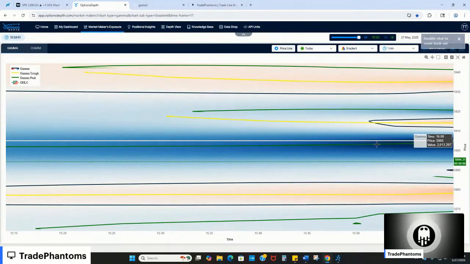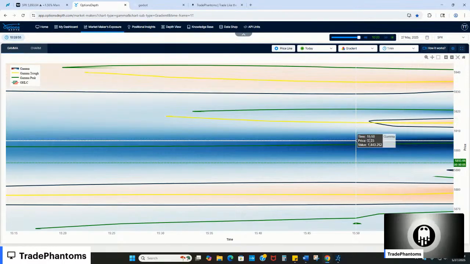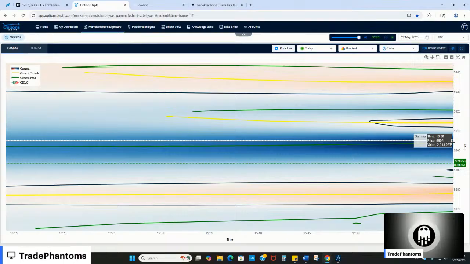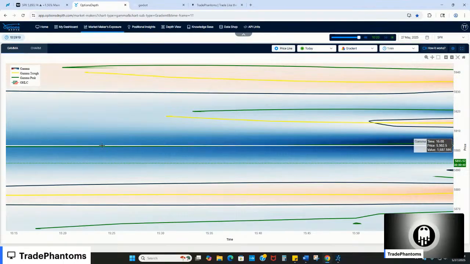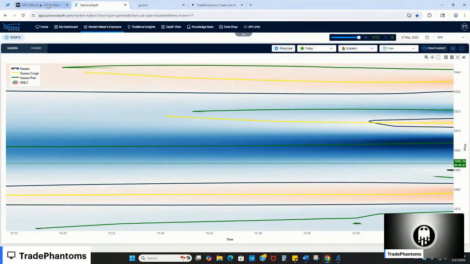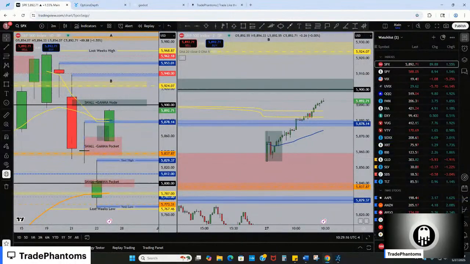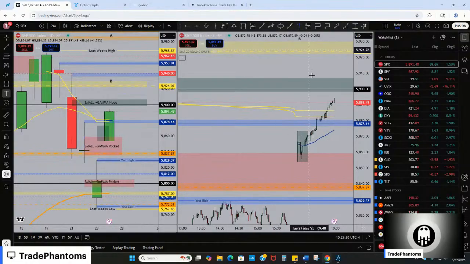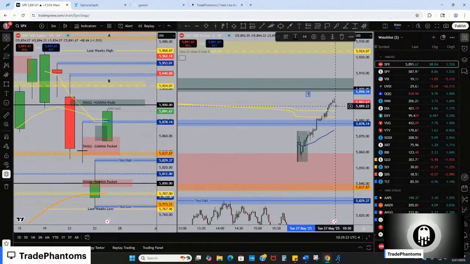Okay. So work longs. But if and when SPX gets up to this 5,900, 5,905 price point, be very careful with longs. Now we could still break this level, but there's going to be potentially some kind of pullback, at least off this level. At 5,900, potentially, this is going to be a take profit on longs. I've got to do that right now. Up here, take profit on longs,